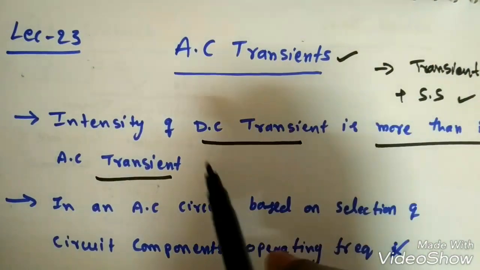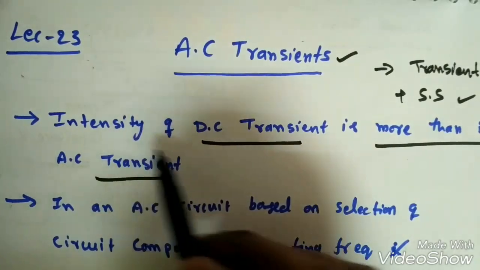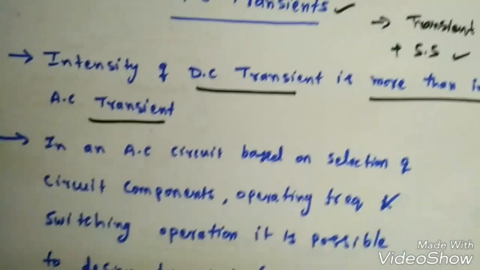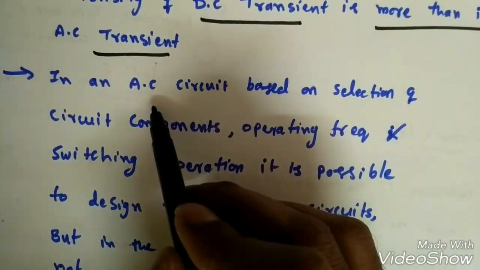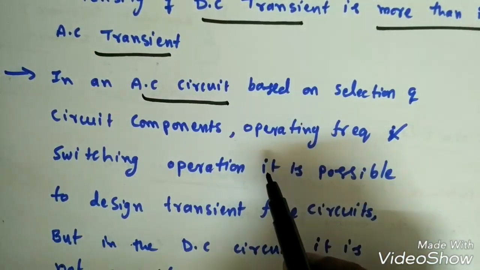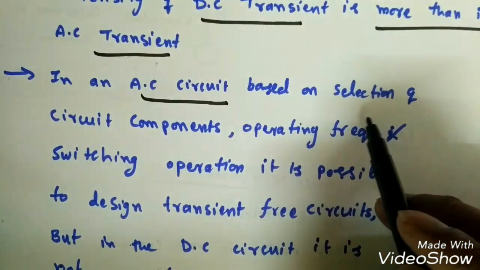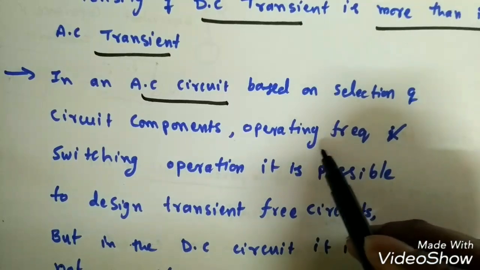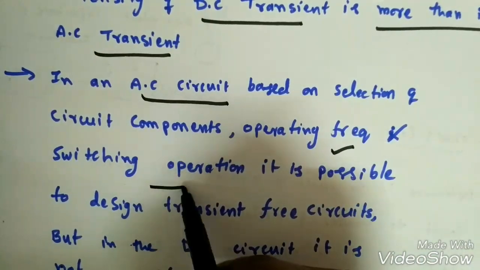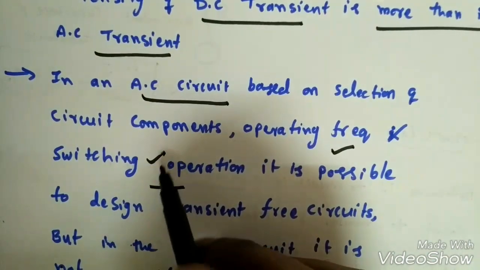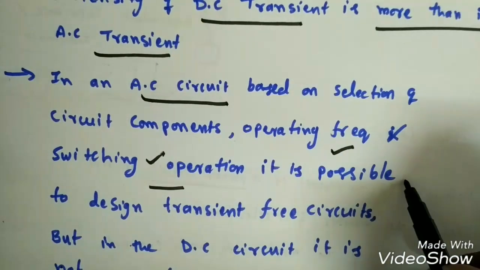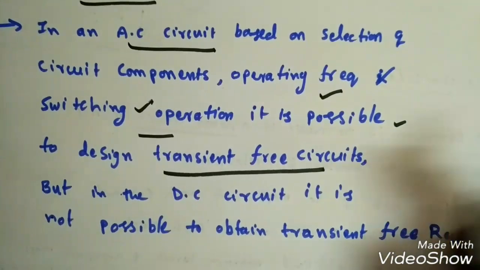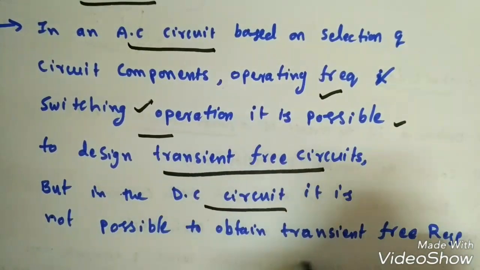Now we'll state two important points: the intensity of DC transient is more than the intensity of AC transient. What this means is, suppose in an AC circuit we apply some AC signal. Depending on the selection of the components or parameters inside the circuit, or depending on the operating frequency or switching operation, that is when the switch is closed or open, it is possible to design transient free circuits. But in a DC circuit it is not possible to obtain a transient free